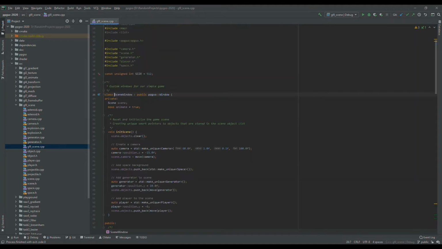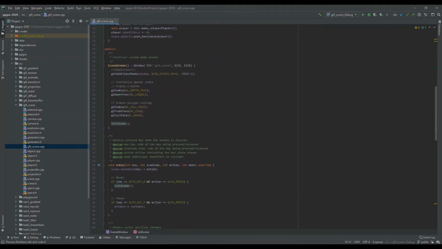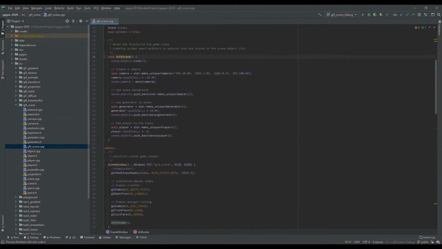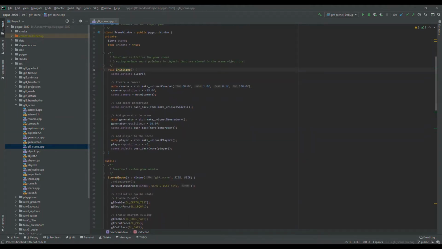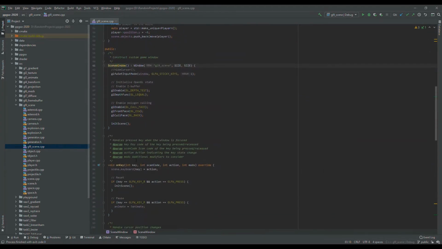The scene window is defined here in the GL9 scene, and it has its own container for the scene and then a few functions. We can see here there is a private function to initialize the scene, and then its constructor and a few